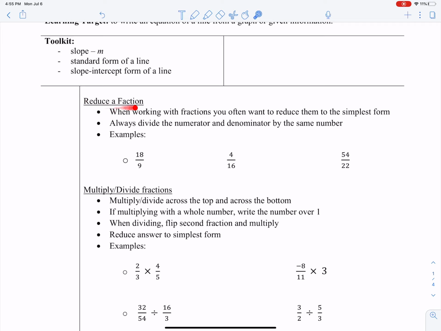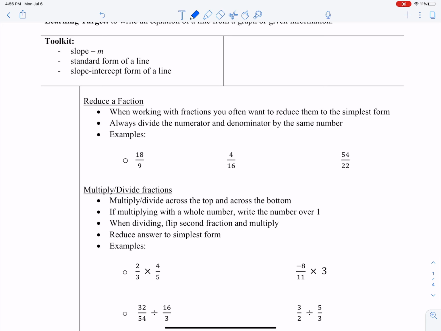Okay, so first thing is reducing a fraction. When working with fractions, you often want to reduce them to the simplest form. To do that, we always divide the numerator and denominator by the same number. It has to be the same number. You can't divide them by different numbers. So for example here,